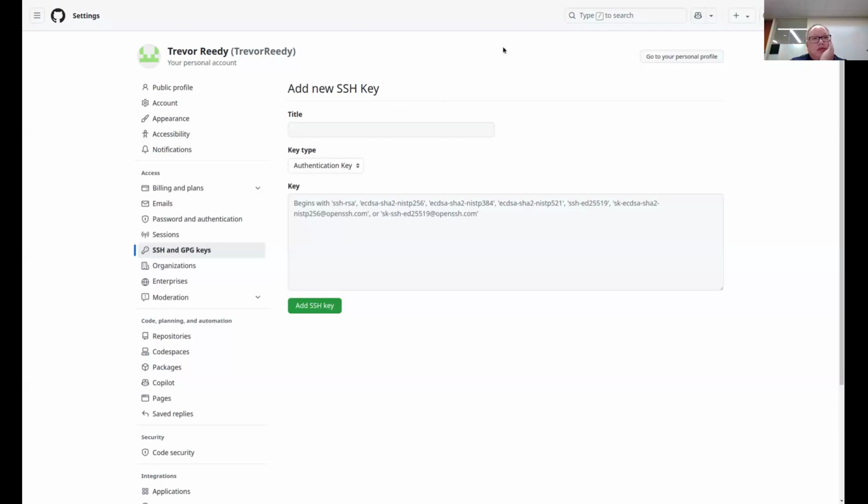I don't have a problem with this one because when you run the clip command, it already copied it to the clipboard. And here I just click add SSH key and paste into the key. Yes. Then I just title it with my laptop name. Right. Whatever you can open it in a different editor.